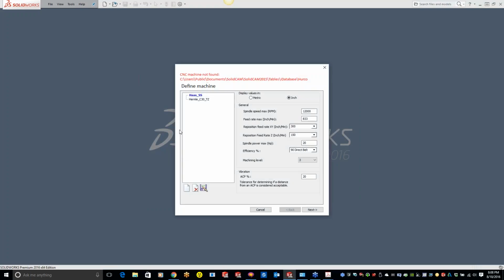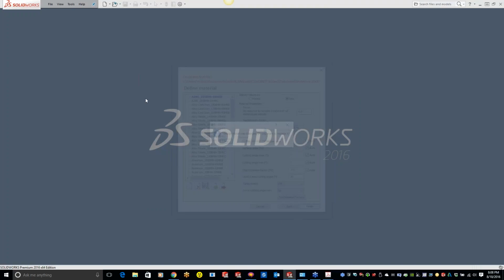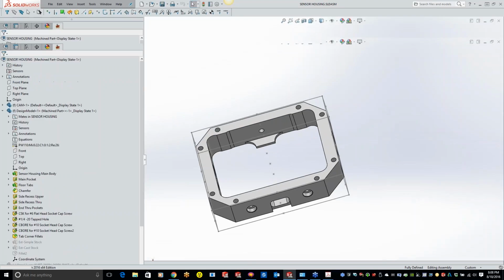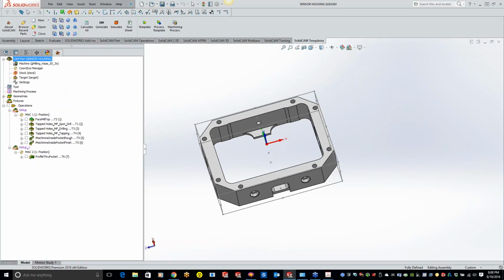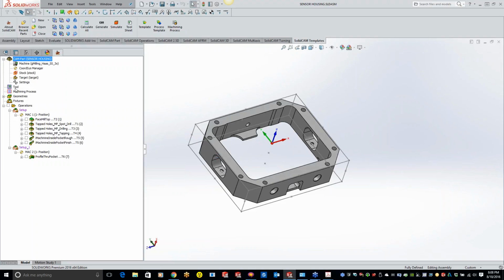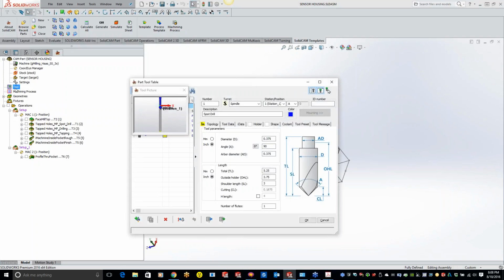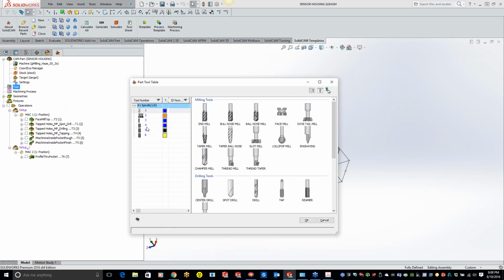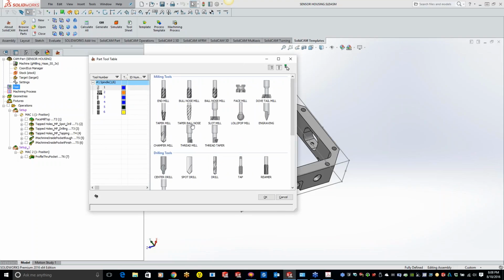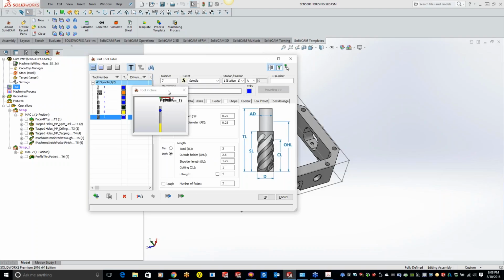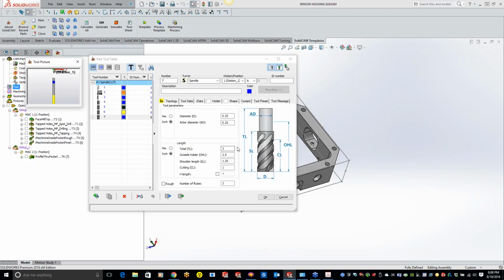Okay, we'll get a part pulled up here. Now that you have your part open, if you wanted to use that part, you can come over and open up your tool. Now we're going to add a new tool. When you do shape tools, you always want to call them an end mill. Always, no matter what. Even if it looks nothing like an end mill, just call it an end mill.